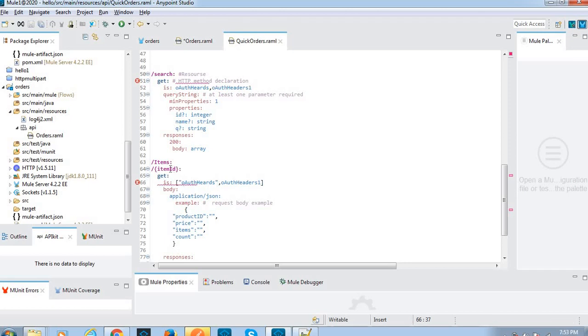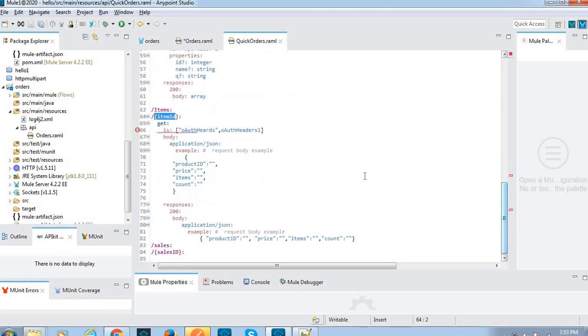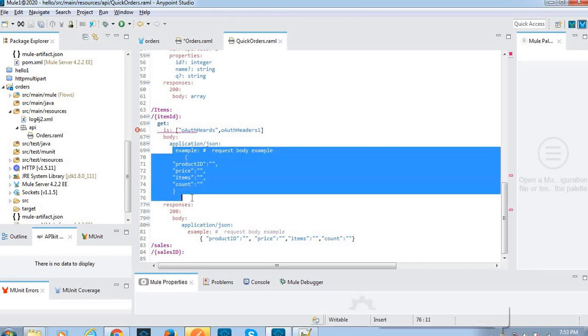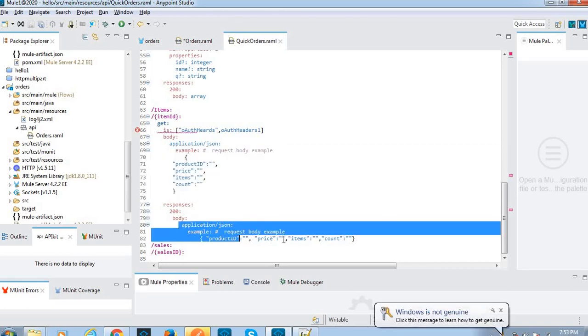This is the items. This is one resource, and here we are passing URI params. This resource also contains a body, and the response code is 200, and the body is like this.